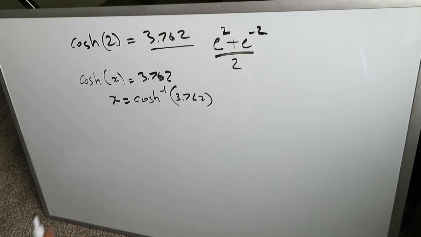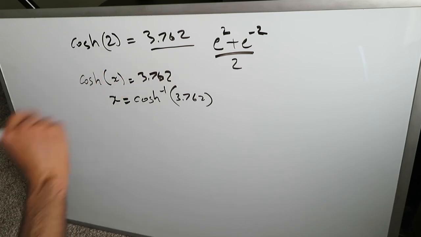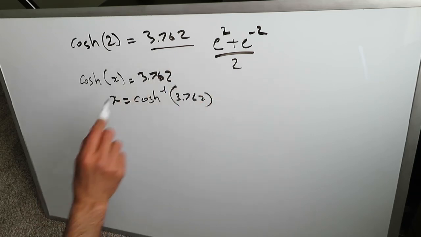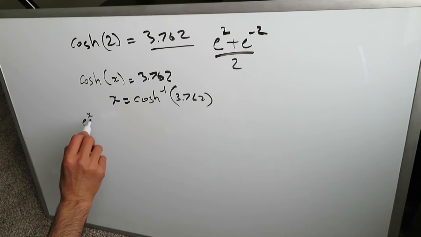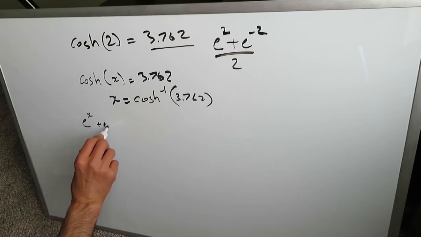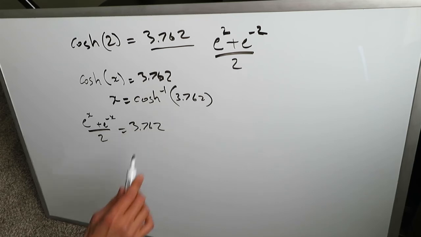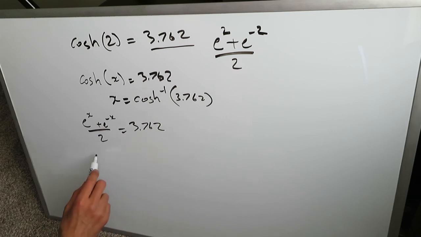This is exactly how you would do it. Of course, you have to be given the answer, but you have to determine what value gave you that answer. So you're working backwards. This is where some quadratics will come into play. You would start with the basic definition of the cosh function: e to the x plus e to the minus x over 2 is equal to 3.762. Take the 2 to the other side. We need our calculator over here. So you're going to get e to the x plus e to the minus x is equal to 3.762 times 2,